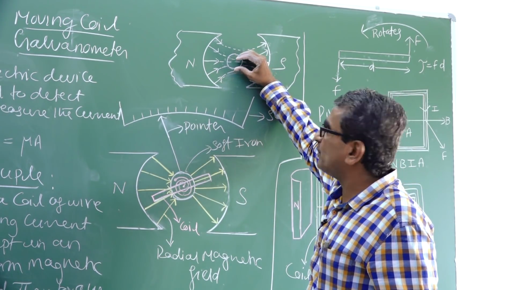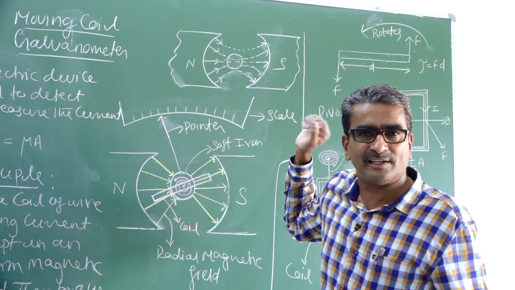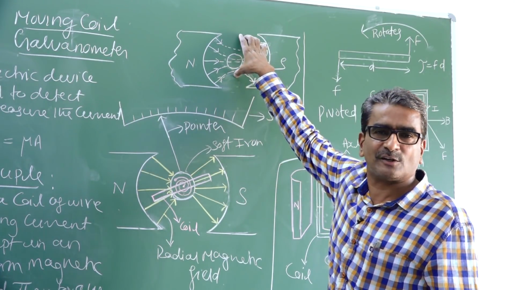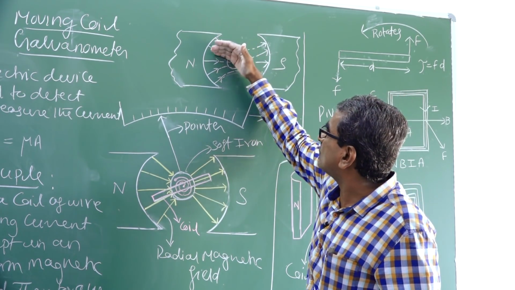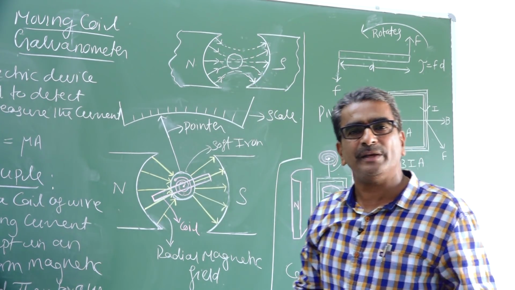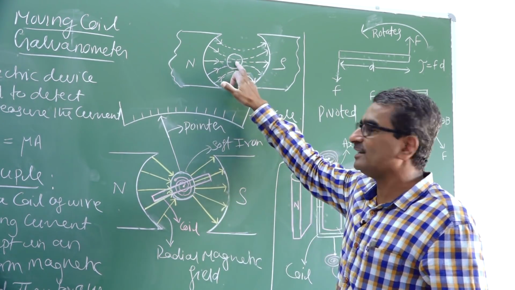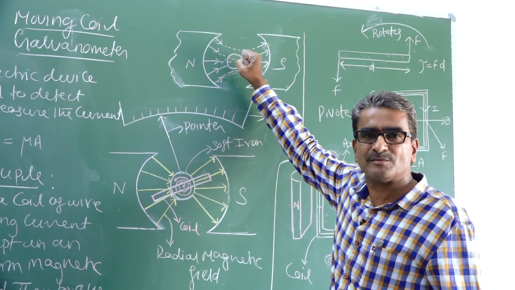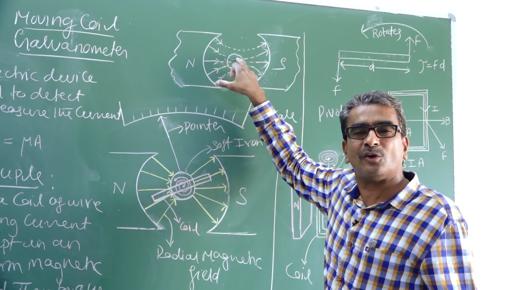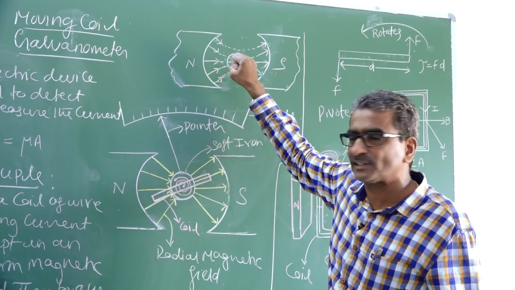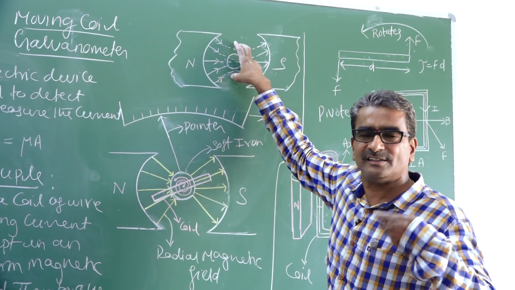All the field lines are coming very close to the iron cylinder. We know one basic property with respect to magnetic line of force. If the magnetic lines of force are close to each other, then the field will be stronger. If the magnetic lines of force are a bit far away, then field will be weaker. So in order to make the field strong, iron cylinder is used. This is how the field becomes strong. Iron cylinder is going to drag all the lines of force close to it. When all the lines of force come close to each other without intersecting with each other, then the field becomes strong.